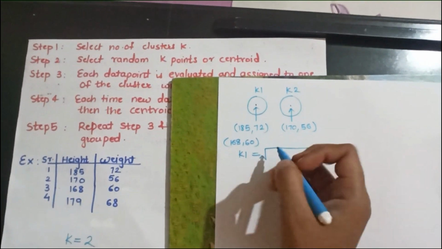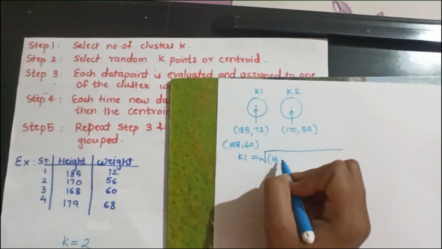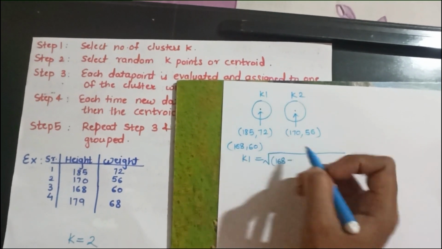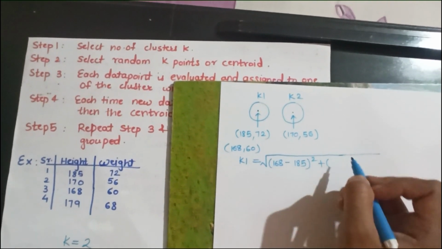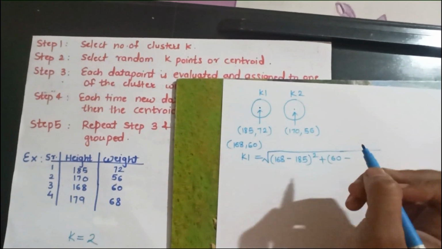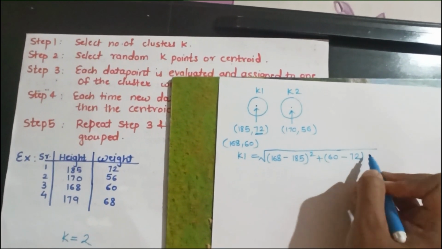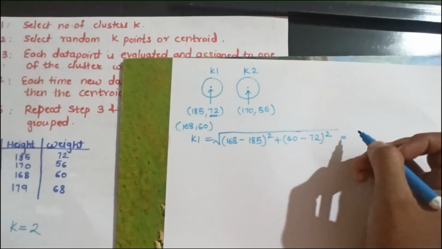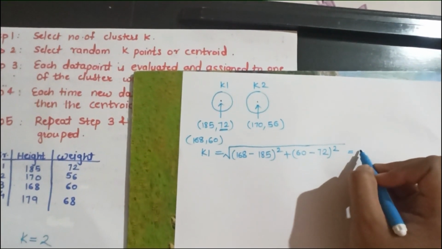According to the formula, it is observed value of height, 168, minus centroid value of height for cluster K1, that is 185, whole square, plus observed value of weight, that is 60, minus centroid value of weight for cluster 1, that is 72, whole square. After solving this, your Euclidean distance for the observed value 3 and cluster 1 is